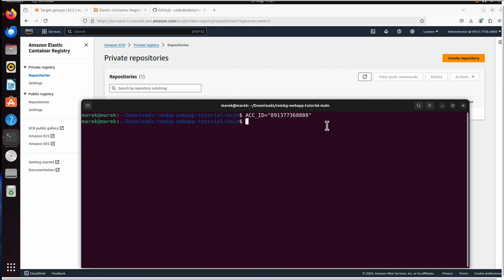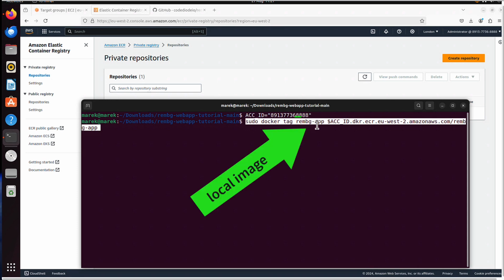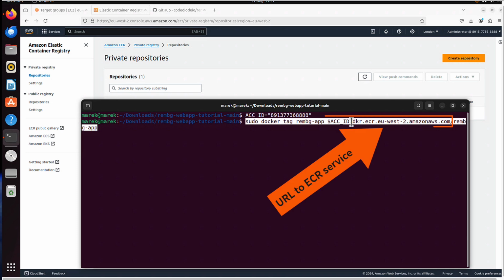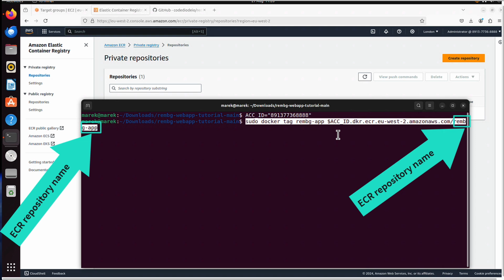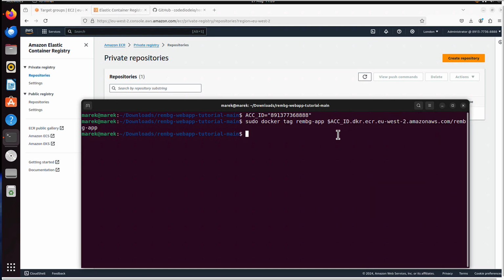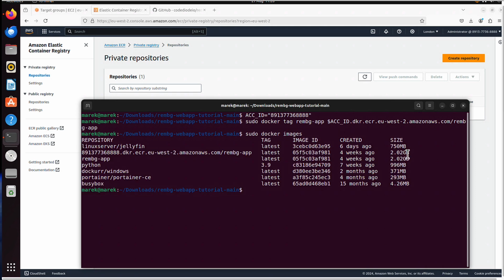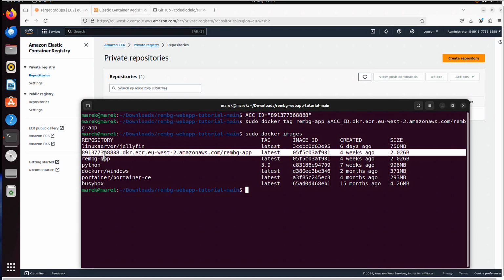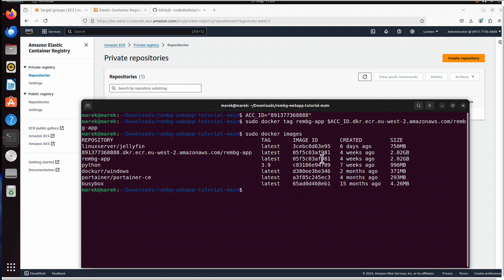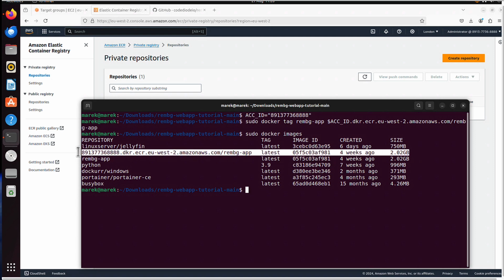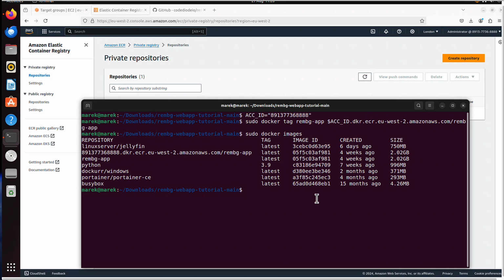Now I want to tag my Docker image in a specific way. I will tag the image that we've just built, rembg-app. I will follow this, it's a specific URL. You've got your account ID, then the DKR, ECR, blah blah blah. I will use that to tag our image. I will click enter, and looks like nothing happened. But if I run this command, sudo docker images, you can see a new one. This is not an image, this is like a tag for that image. You can see the image ID is the same as that one, but we can then push this tagged image to our ECR.